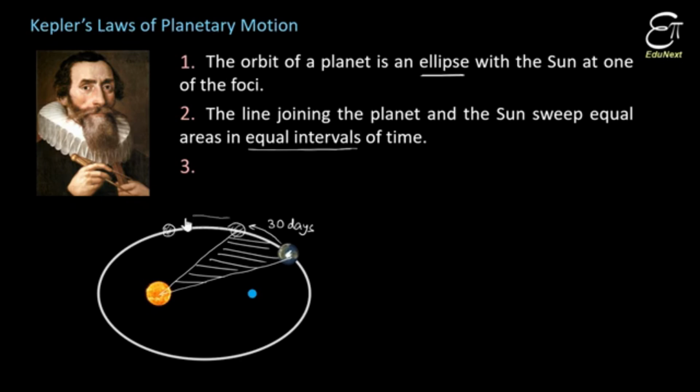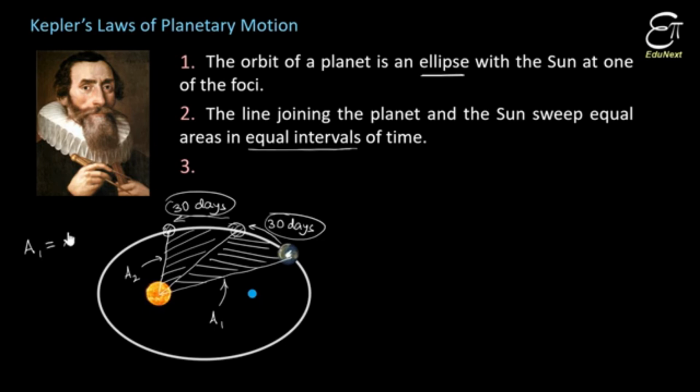30 more days। So 30 days more, फिर से 30 days बाद ये यहाँ पर आया। अब ये जो line होगा Earth और Sun के बीच का, ये अब इन 30 days में, यहाँ से लेके यहाँ तक कितना area sweep करेगा, वो area होगा ये वाला। Let us say this area is A1 and this area is A2। तो देखिए interval of time equal है, 30 days and 30 days। तो equal interval of time में ये जो area sweep करेगा वो area बिल्कुल बराबर होगा। That means A1 should be equal to A2। यही है Kepler का second law of planetary motion।